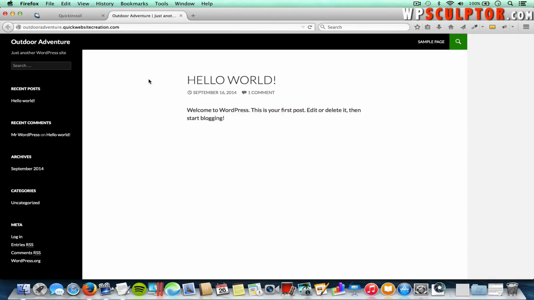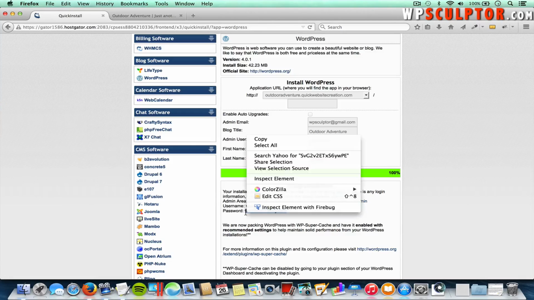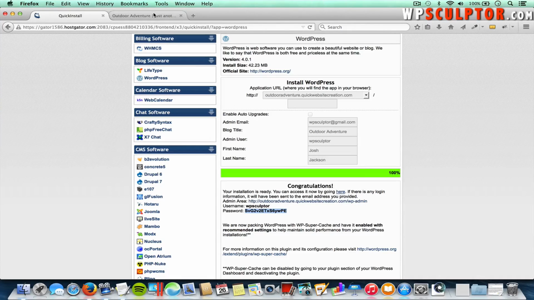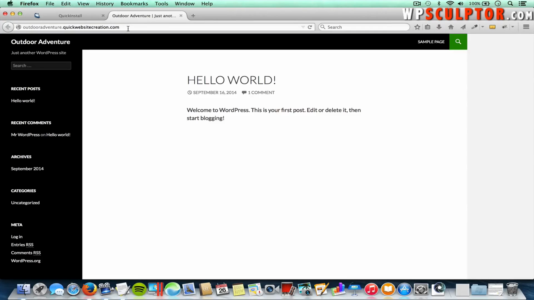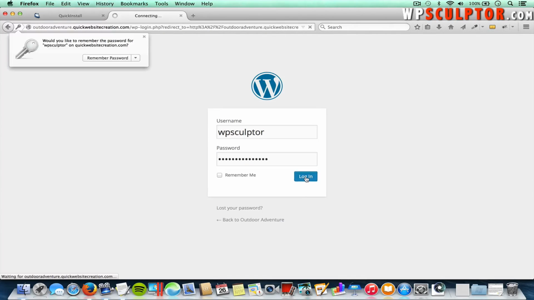Now, to log in to the back end of your WordPress website, let's go back to Quick Install, and you see here the admin area is your domain /wp-admin, and then we'll use the credentials here. So I'm going to go ahead and copy this password and then go back to this other tab, and I'm going to add at the end of it /wp-admin, so your domain /wp-admin, and then we're going to type in our username, and I'm going to paste in that password, click on login,